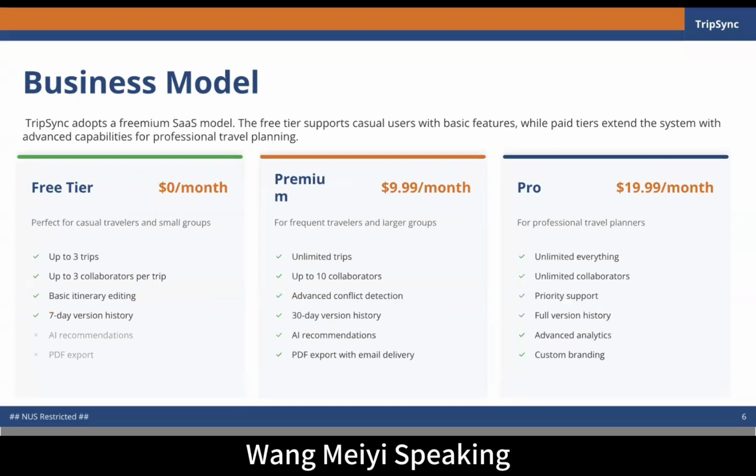TripSync adopts a freemium subscription model. The free tier is intended to support casual users with a small number of trips and collaborators. Paid tiers extend the system with more advanced capabilities, including broader collaboration support, richer version history, AI-assisted recommendations, and PDF